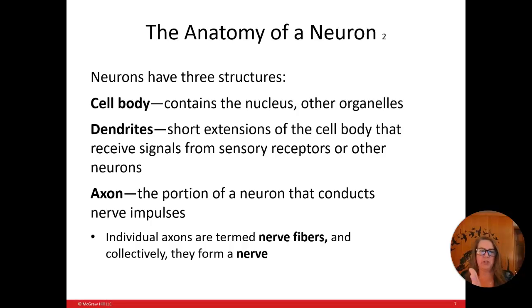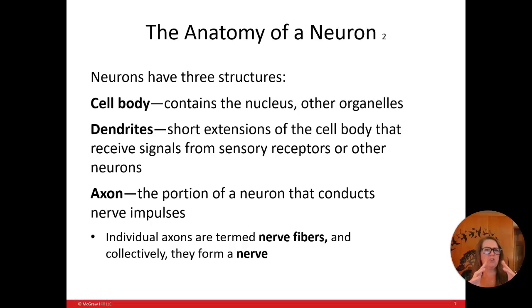Okay, you should already know the anatomy of the neuron. You've got the central part of the neuron, looks like a star, has the nucleus and the other organelles. And then you have short extensions that receive information into that cell body. And then you have a long extension of that neuron that is composed of the axon. So dendrites receive the information, usually from sensory receptors or nearby neurons, send that into the cell body, which integrates